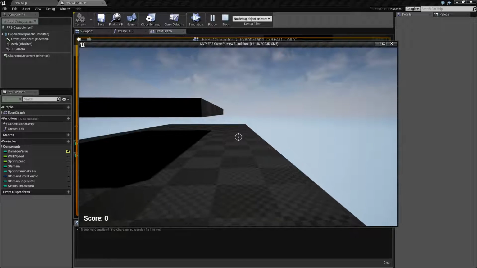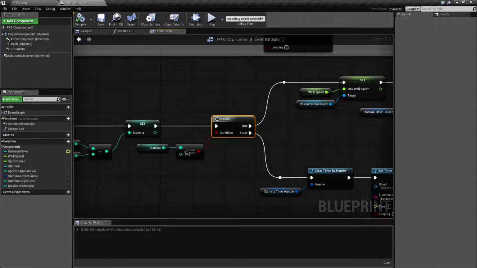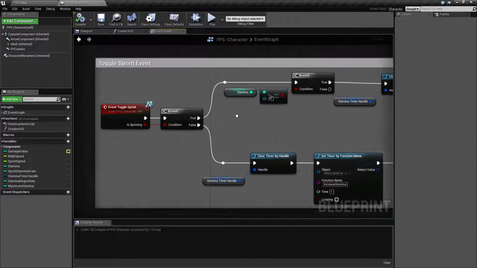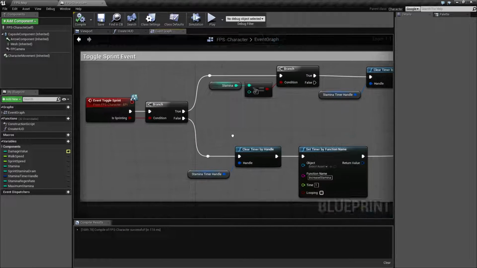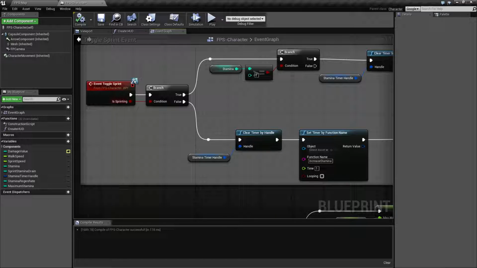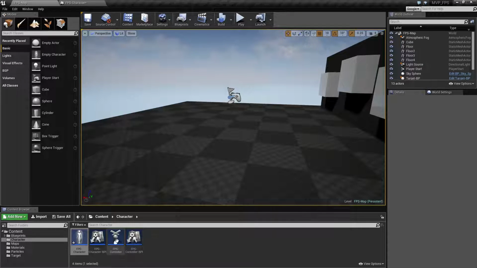We hit 10, and you notice it never goes down again. Our decrease is never getting called the second time. So when we do this right here, okay, so there we go. That is where our problem is coming from. When I hit the shift button in our controller here,